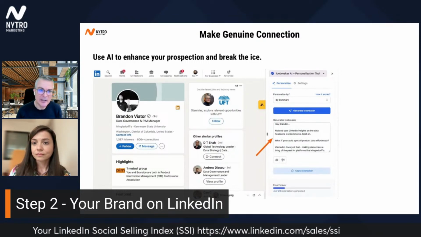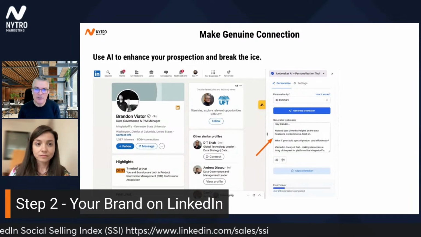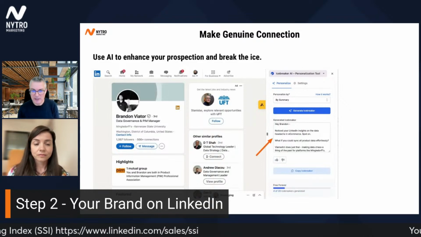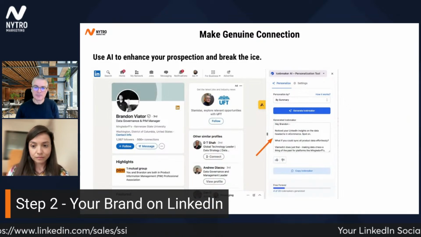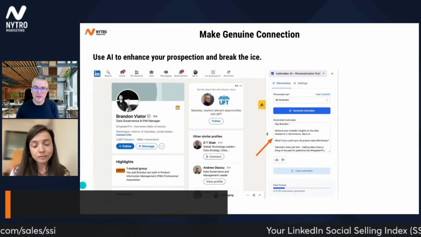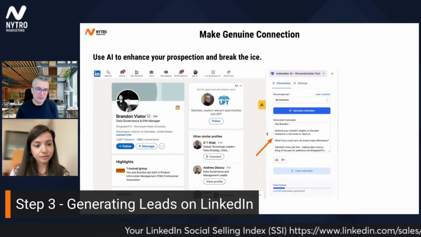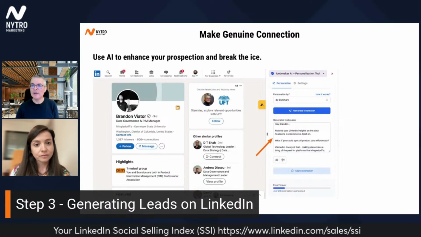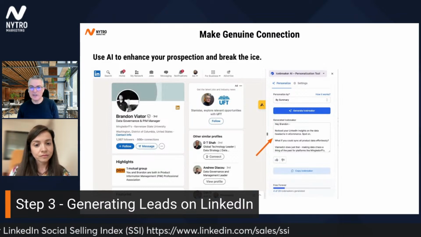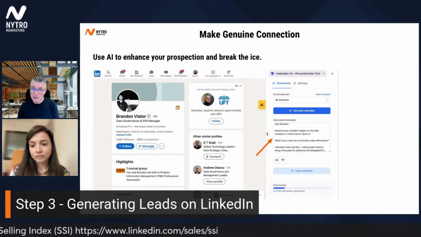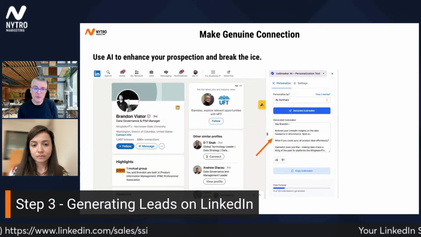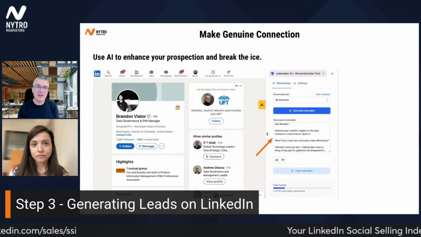And I've been saying that a lot, right? It has to be genuine. It has to be human interaction. And the way you can do that is by making the right connection. One tool that I recommend, which is an AI-generated tool, but which still provides you an opportunity to stay human and genuine, is this